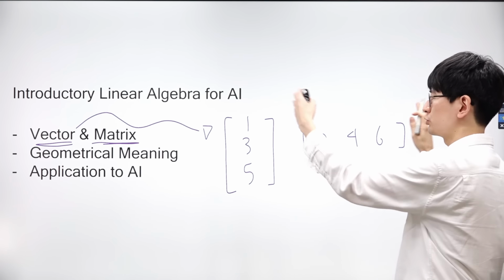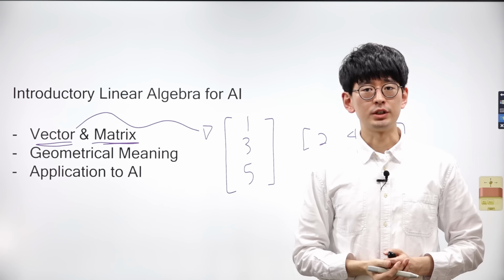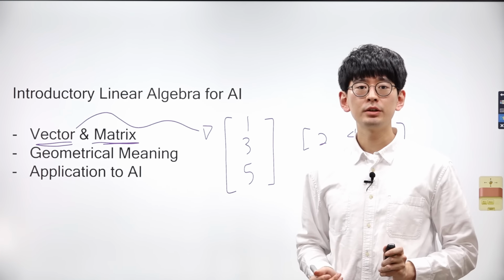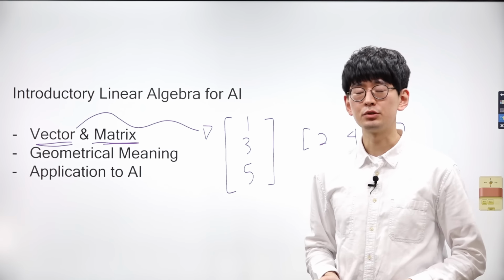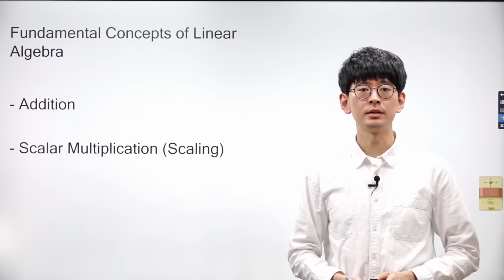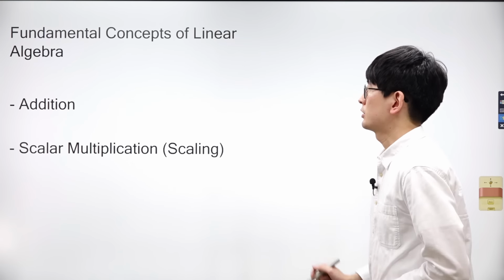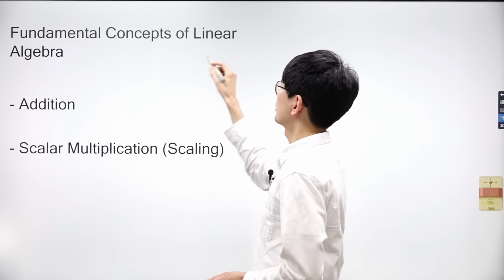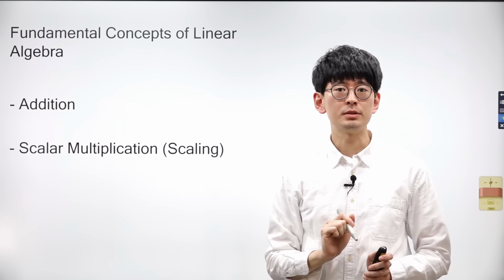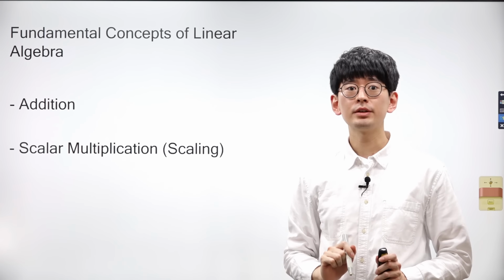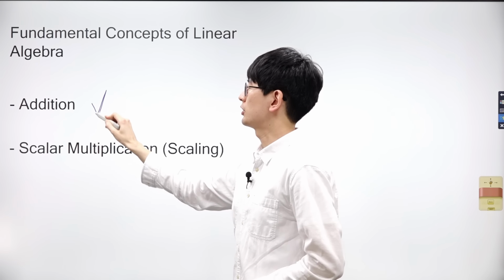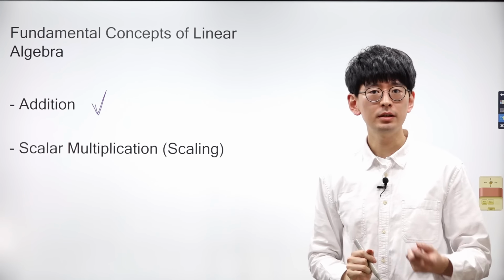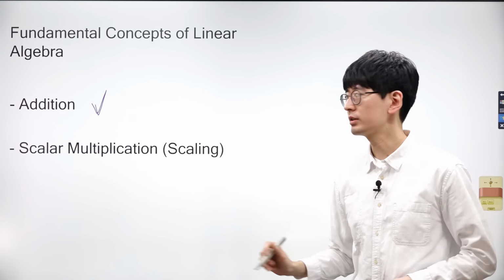Matrices, on the other hand, are 2-dimensional structures formed by vectors. We'll look into the functions of vectors and matrices and how operations involving them can be applied. In linear algebra, operations are crucial, with addition and scaling being considered the most important. As a side note, we also have the subtraction operation, naturally followed by addition.